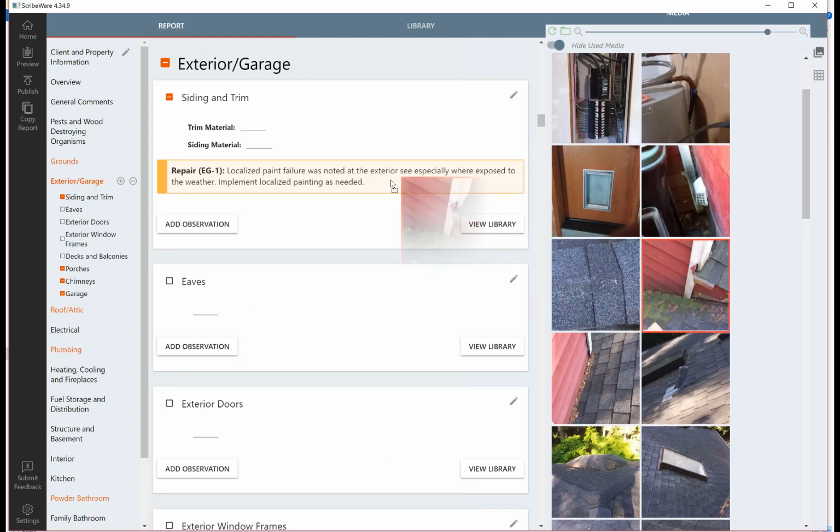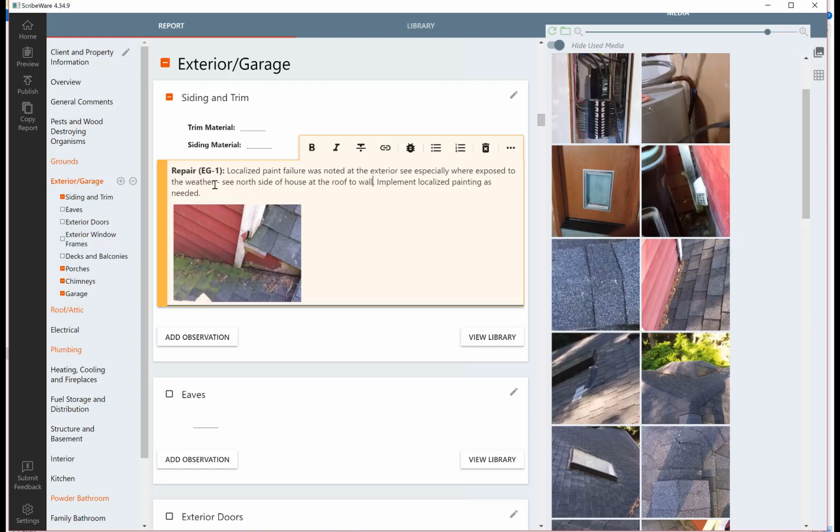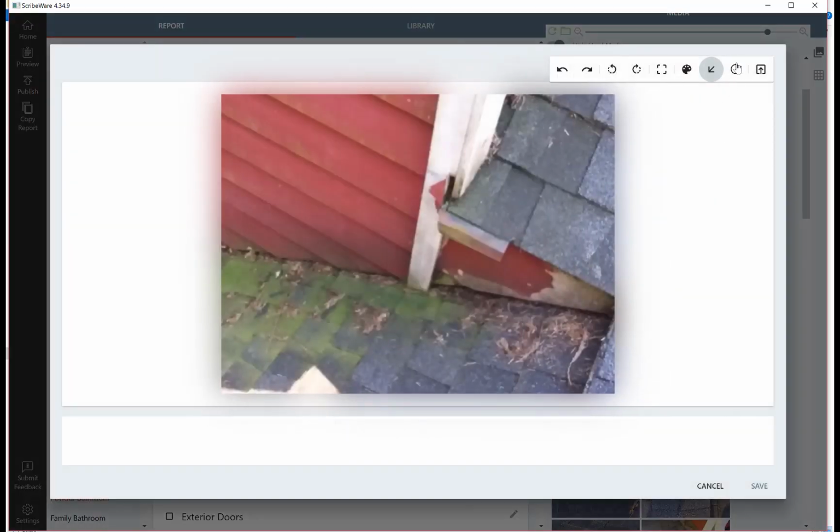And we'll drag this picture in. I'm going to type a little hyphen here. See north side of house at the roof to wall juncture. If you wanted to, you could have this part of a pest inspection. We could highlight this a little bit. The other issue here is